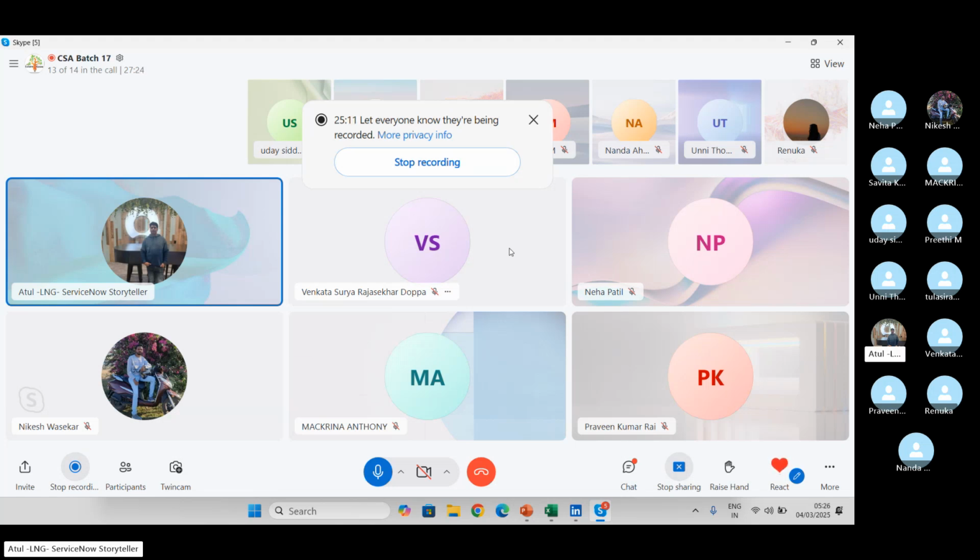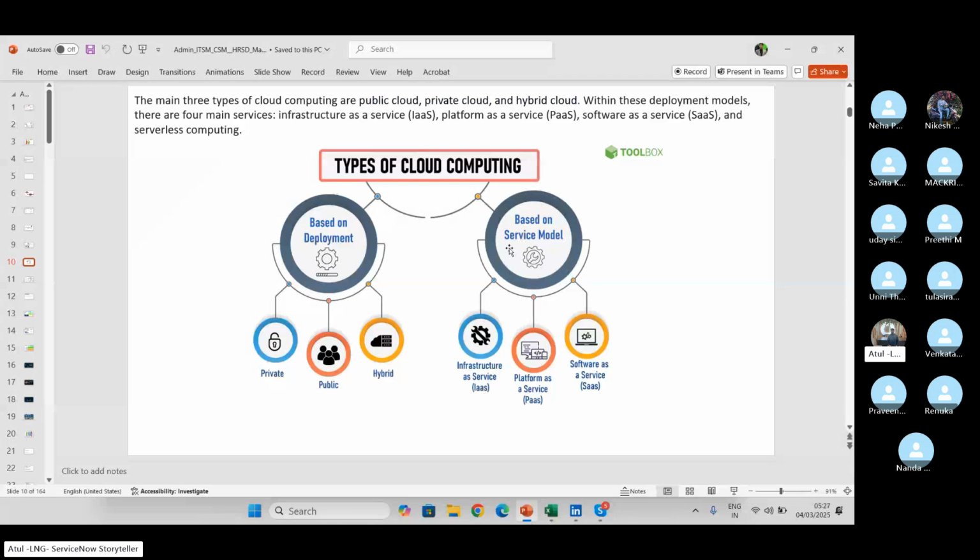And this is called XaaS, as a service. So in this area, three sections are there, three types are there. Infrastructure as a service